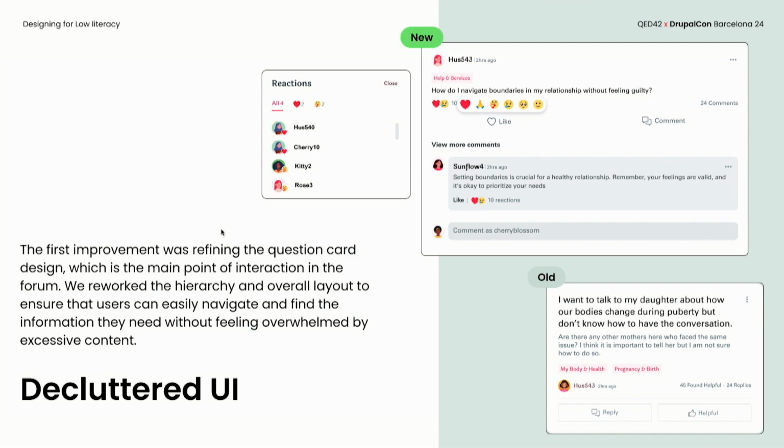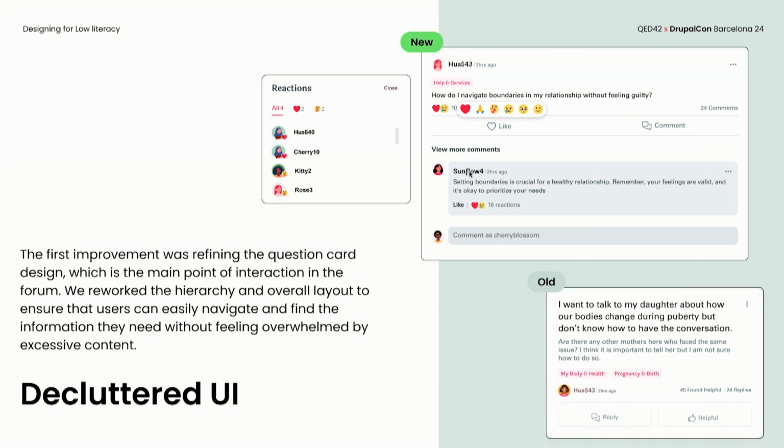Since it's a platform of women, they want to tell how they are feeling. Sometimes they don't want to write it down, maybe they just want to express. So we have added emoticons for them, and instead of having a reply in a modal or just swiping in, we can just comment on it directly, and we can also see the reactions.